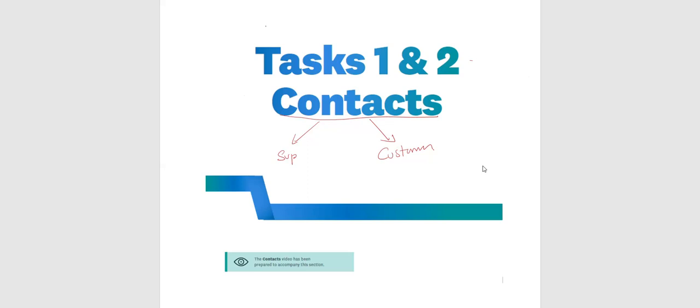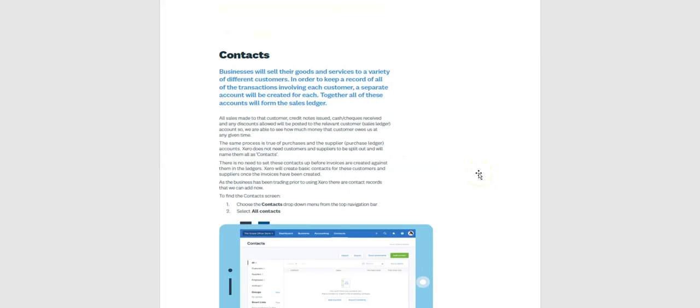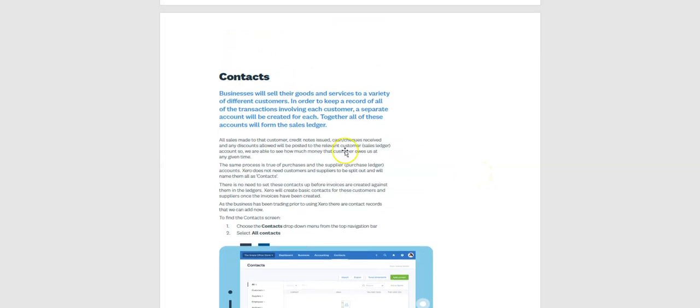So if I'd like to raise the bills for one supplier, or if I'd like to raise an invoice against one customer, or if I want to issue a credit note, or if I'd like to allocate the credit note against the bills, I have to create the contact or their detail first. So let's have a look at what we have here. On the contact we can see it says